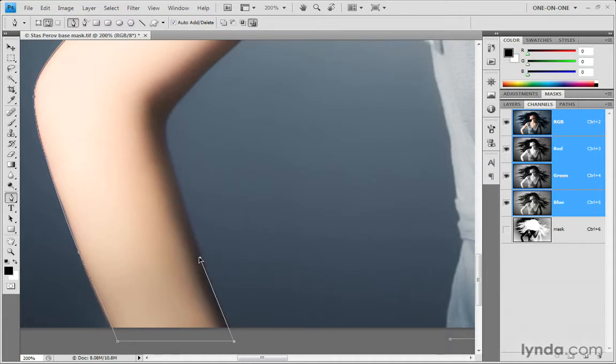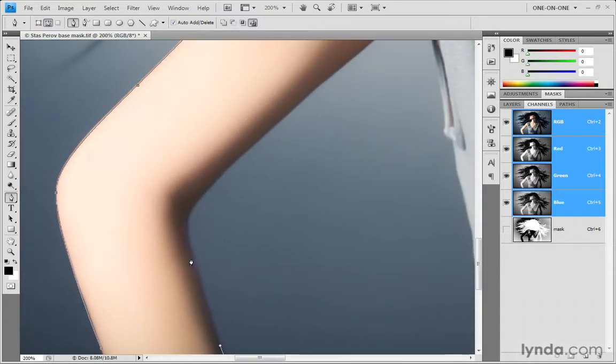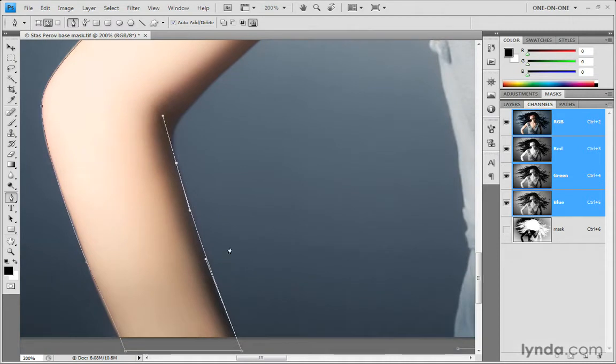I'm not pulling out two control handles. And I'm going to drag it upward just so that we're following the contour of this arm. And then I will create another smooth point at this location right there. And I don't want to take that control handle too far in, but I do want to take the other control handle, the opposite one there, out quite a distance. And typically what you want to do is cover about 2/3 of the segment with the length of these little